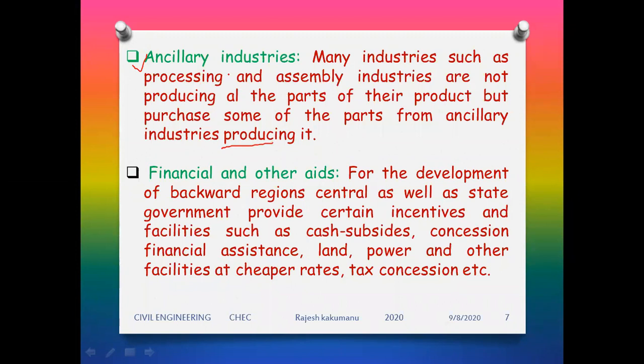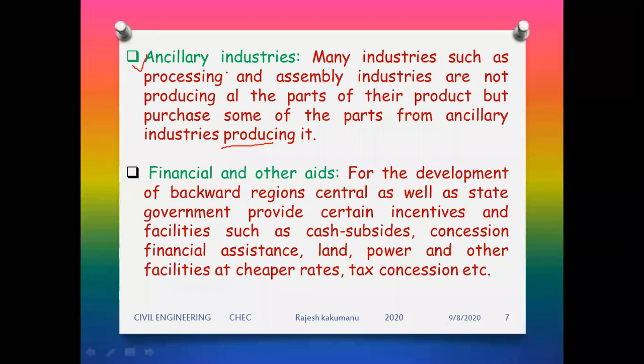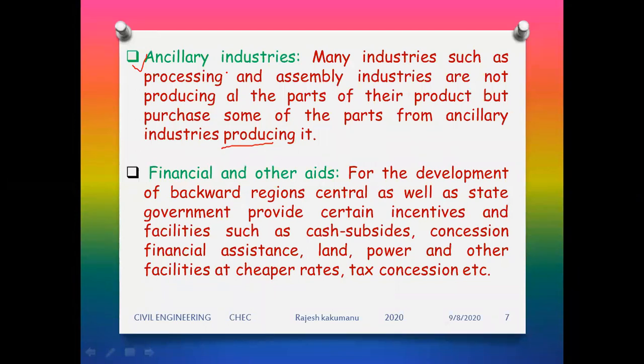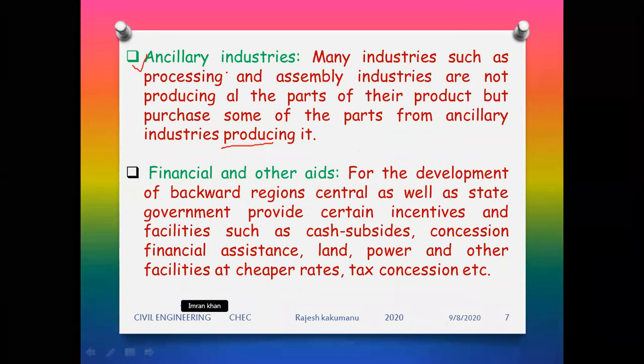BHEL is a big industry, a Navratna company, a central government industry, where they manufacture big turbines, hydro prime movers, big engines, wind turbines, big constructions. There, everything from the small thing to the large thing, generally you have the departments. But due to demand or some other things, not everything happens in the same BHEL plant. Not everything happens in the same BHEL plant. Then what you have to do there,